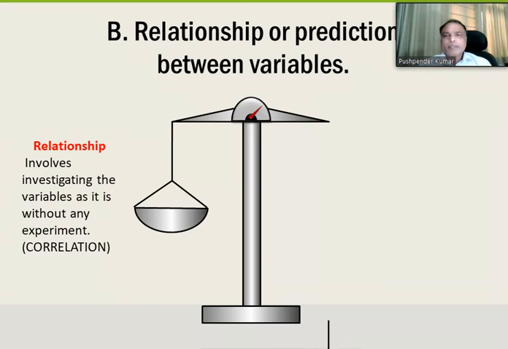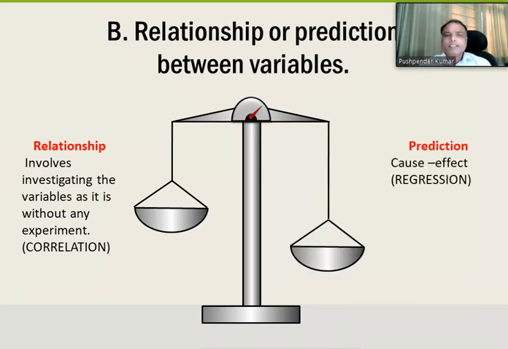But when you predict something, here it's a cause-effect relationship, and you are looking for some kind of prediction: because of this, if this has changed this much, the other thing will also change this much. So here we use regression. Here you see the difference between relationship and prediction. When it's a relationship, you want to use correlation. When you go for prediction, you want to use regression. So two tests we have discussed till now, correlation and regression. So this is a basic understanding.